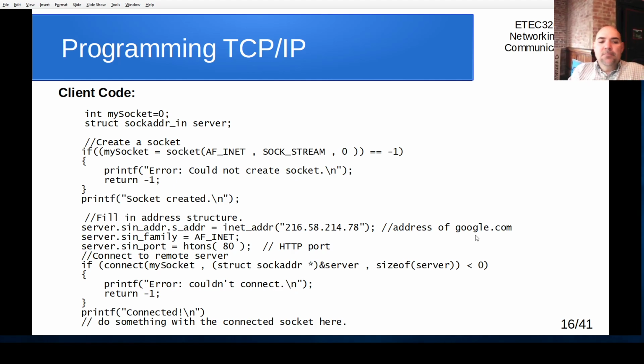So I just plugged that in. And port 80 is the standard HTTP port. So in other words, I'm not having to worry about writing the server. I'm just connecting to a server that Google already has. And that shows the power of TCP/IP: I can write a program that connects to someone else's server that they wrote. And I don't really have to know much about their code except what address they're on,